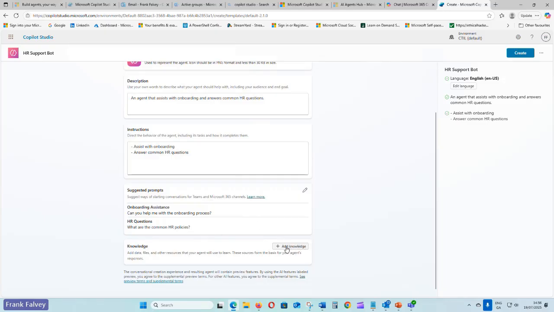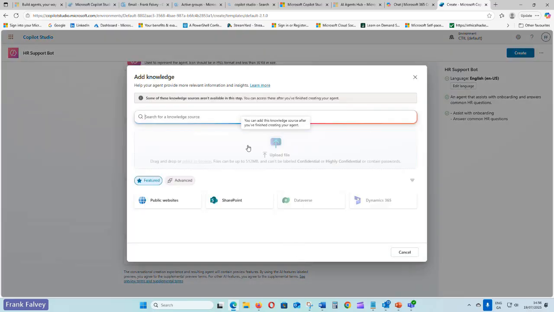And so here I want to add knowledge to it. So if we go here, I want to upload some files. Not sure why it's not giving me that feature.